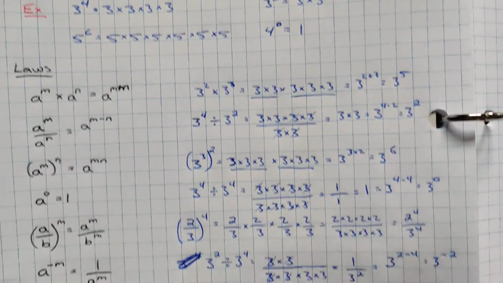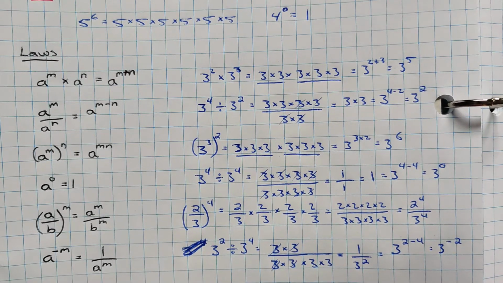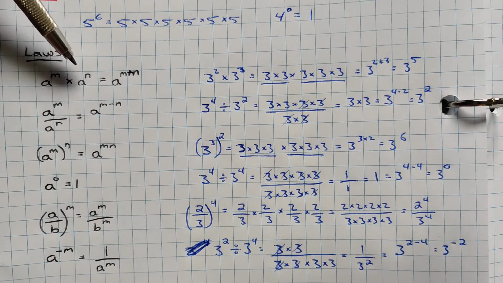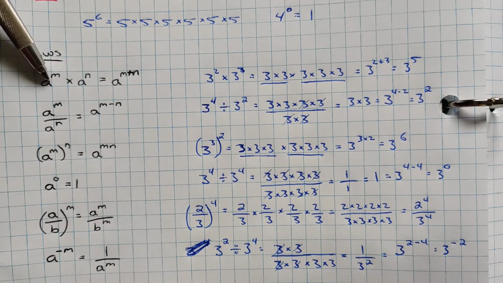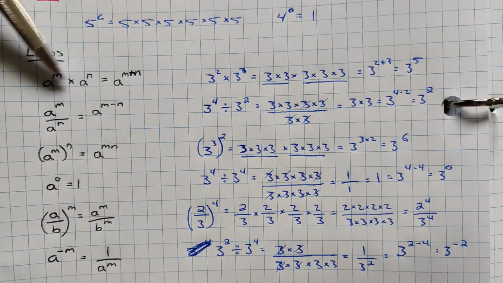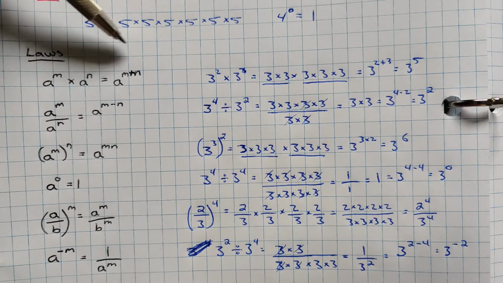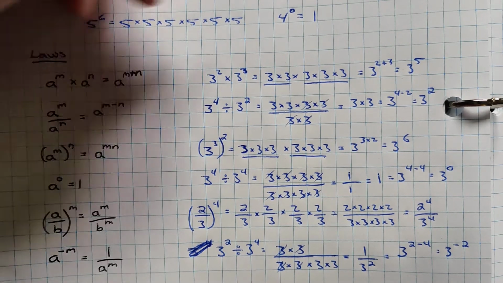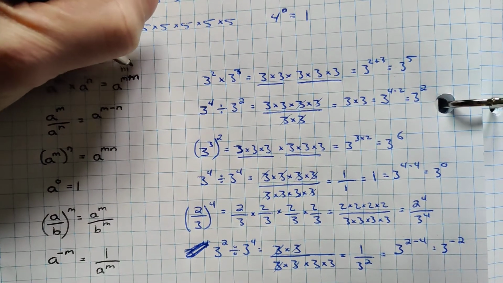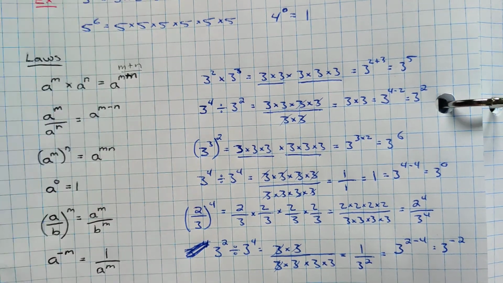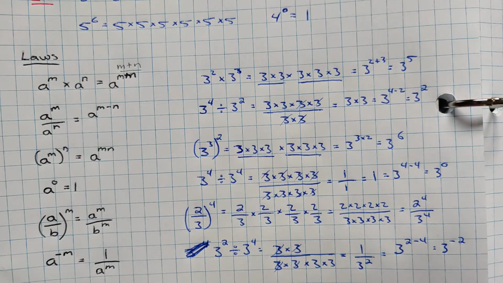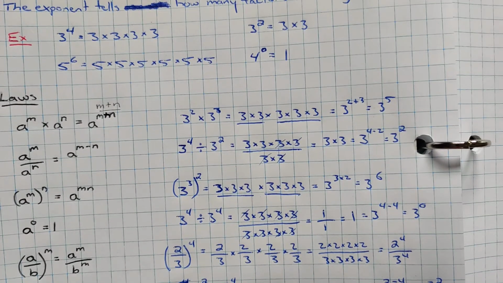So the laws you should be familiar with are the multiplication and division and power of a power laws. The multiplication law says that if we have 2 exponents with the same base and we multiply them, we just add the exponents. So that is m plus n there. So for example, if we have